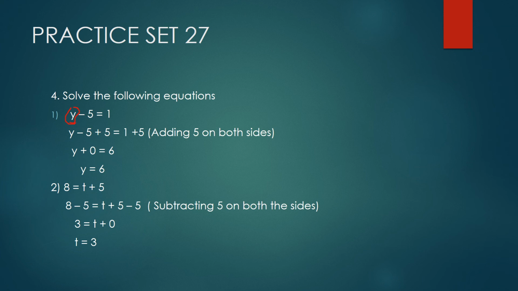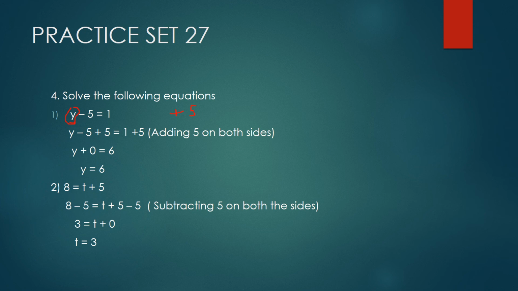So we have to take this minus 5, that is minus, the opposite sign of it. What is the opposite sign of it? Isn't it plus? Yes, correct. The opposite sign of minus is plus. And the number which is beside the sign, we have to take that. So which is the number which is beside the sign? It is 5. So you will write the equation now as y minus 5 plus 5.